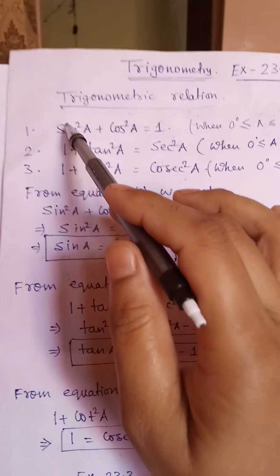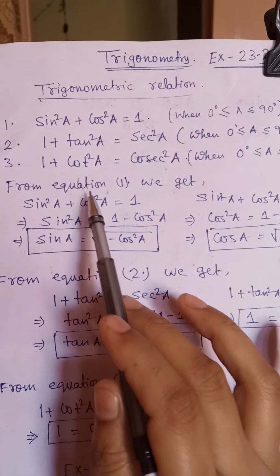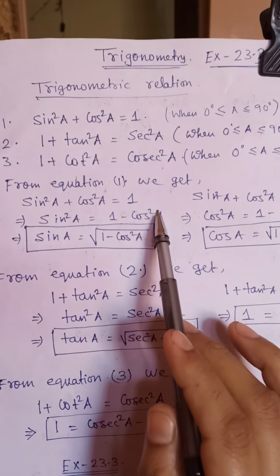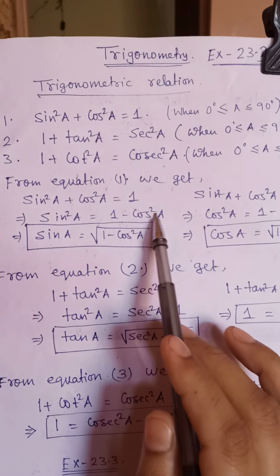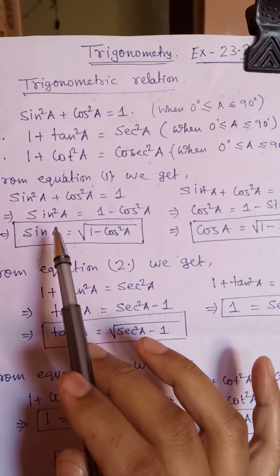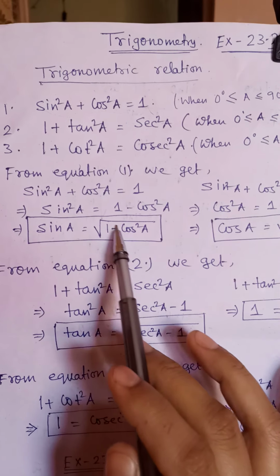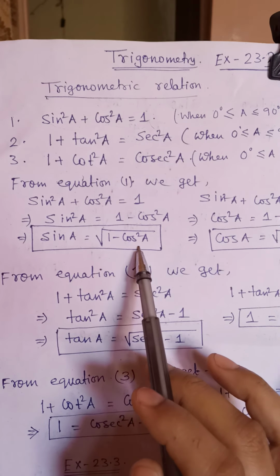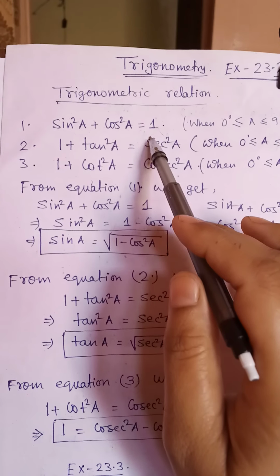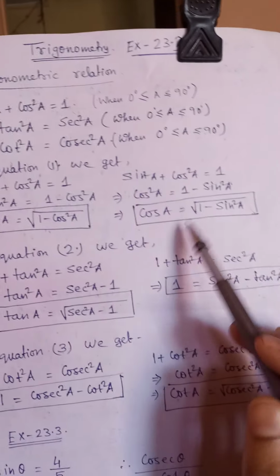If we remember this one, for example, sin square theta plus cos square theta equals 1. So sin square theta, take cos square theta to the right hand side, equals 1 minus cos square theta, or cos square A. Here I have written A. In place of A, it may be B, C, D, theta, alpha, whatever it may be. So sin A equals root over 1 minus cos square A. So if we remember this formula, we get the value of sin A. So this is the master or main formula. These three formulas you have to remember. From here you can derive these formulas.